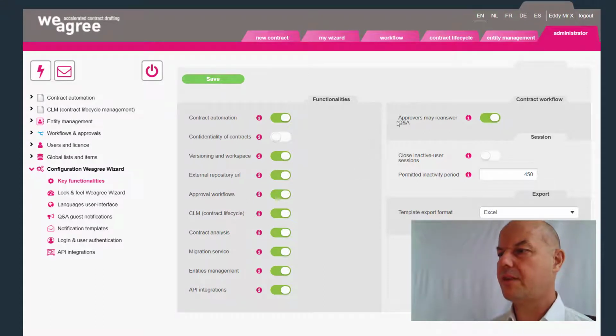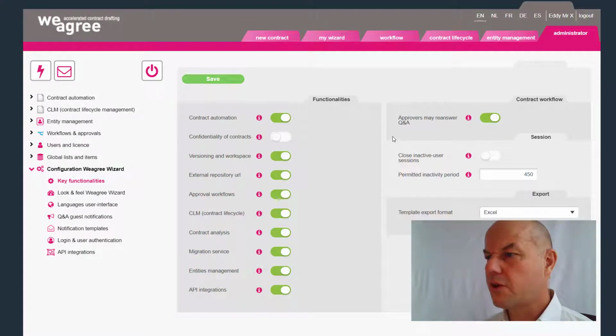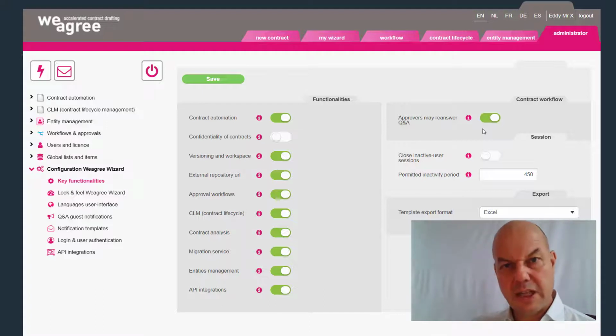Then there are a few matters generally to be configured. For example, contract approvers who need to approve a Q&A answer. By default, you might not want them to change the Q&A answer, only to approve, reject, and give their comments in relation to approval or rejection. But if you also want to allow them to change a Q&A question, you need to switch